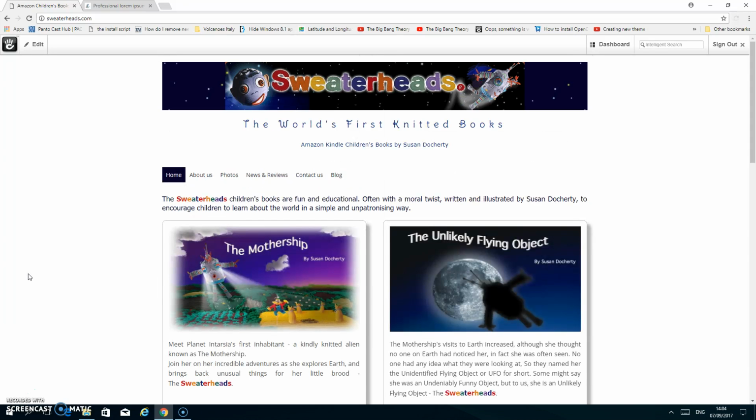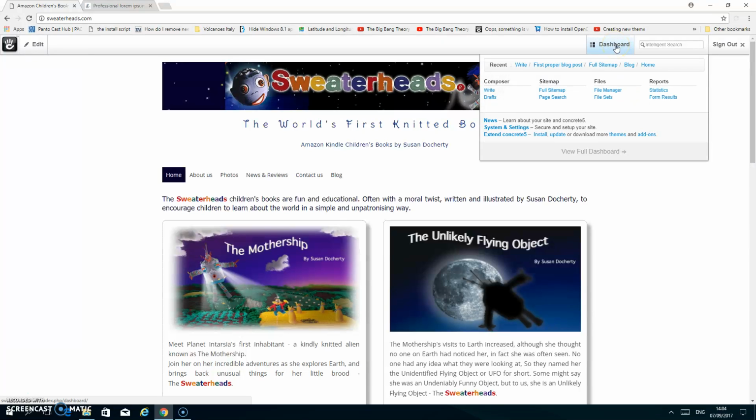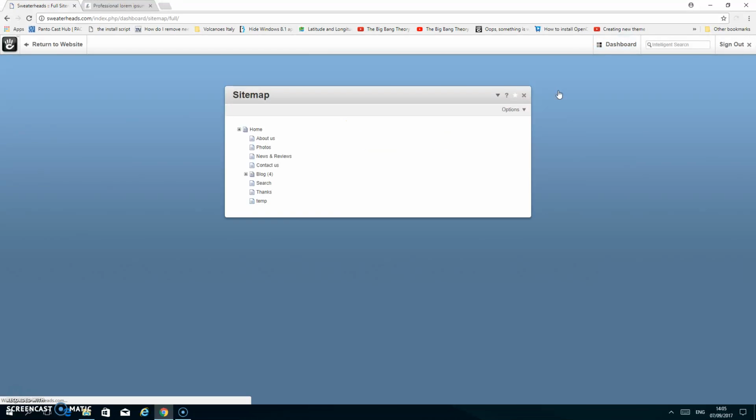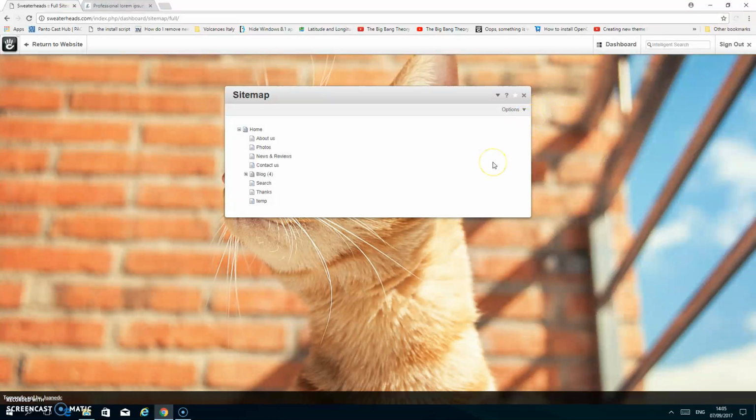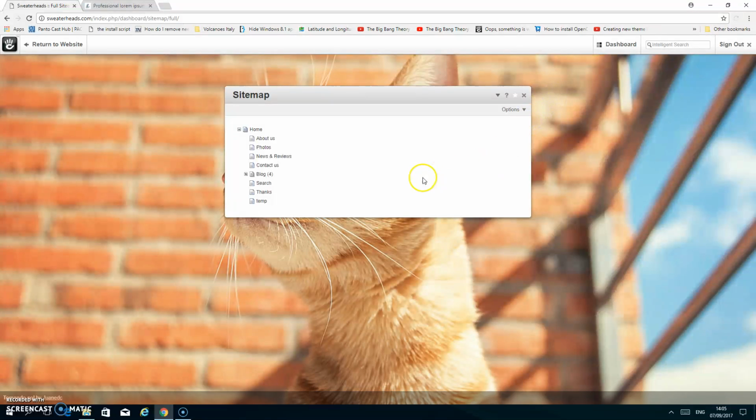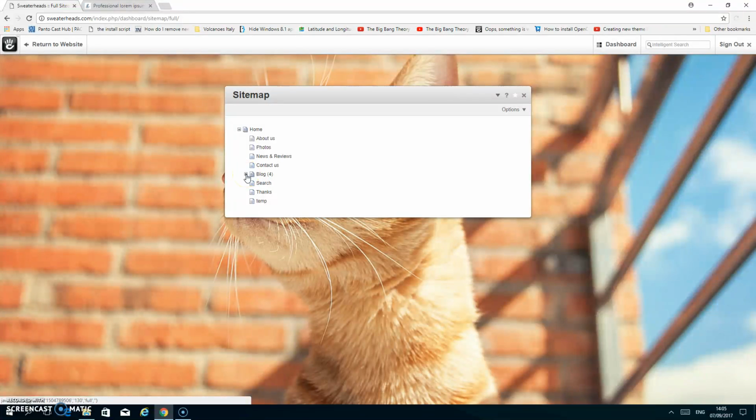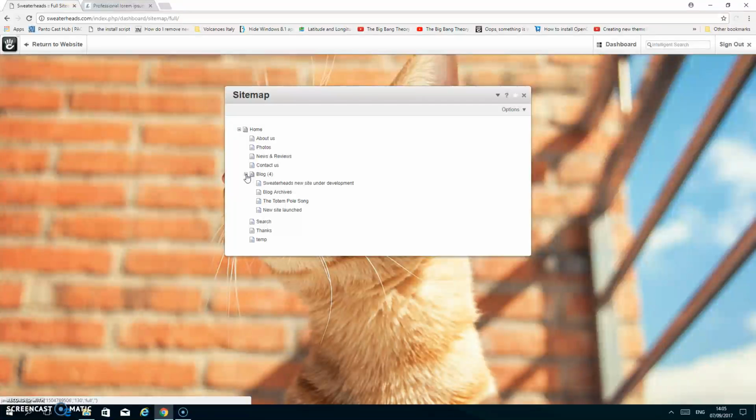If you have many blog posts and you wish to go to one that is not easily findable, you can hover over the dashboard button and go to Full Site Map. This tree structure shows the main pages and their subpages, and you will see here that blog has 4 subpages, and if I left click the plus sign, it expands on those,